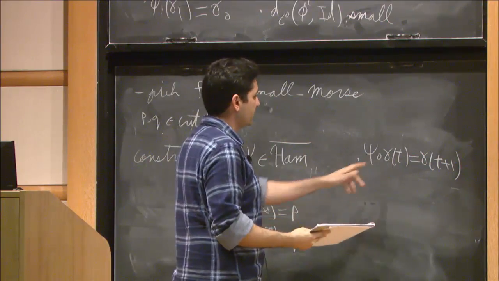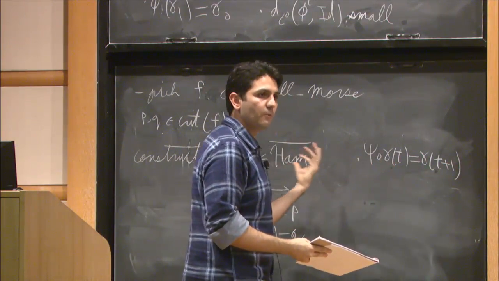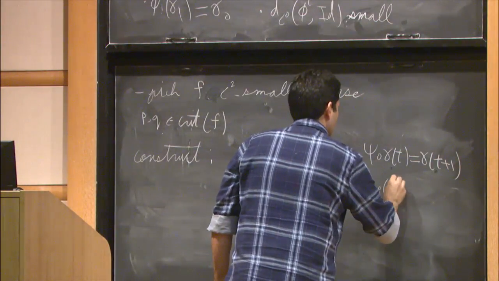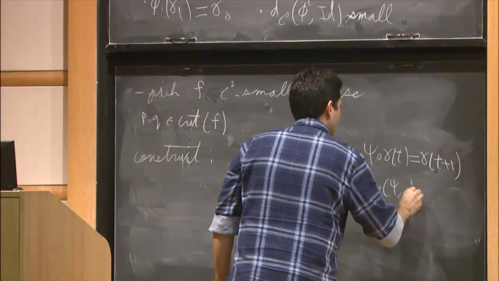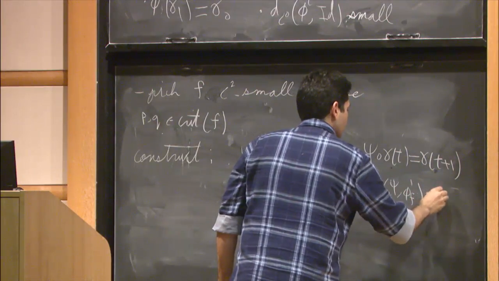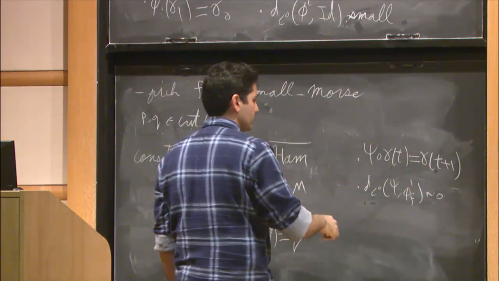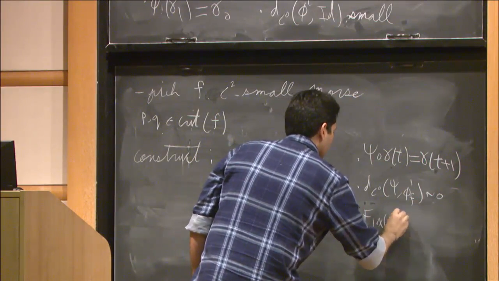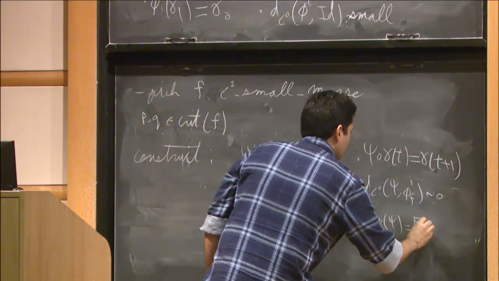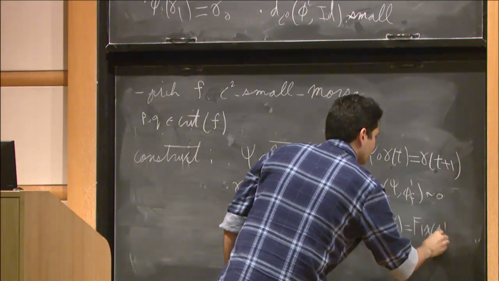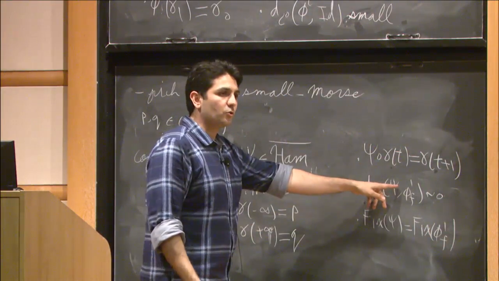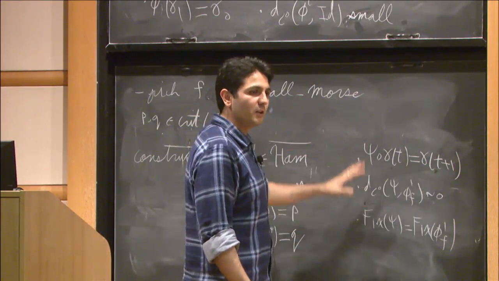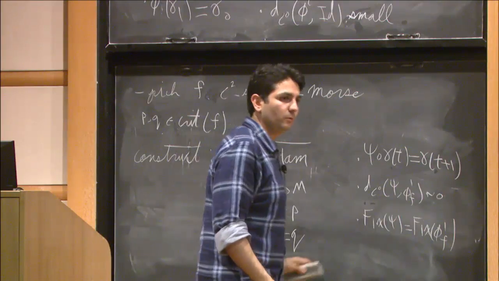It says psi at gamma of t is gamma t plus 1. So gamma is an invariant curve for psi, and furthermore, psi will be C0 close to phi 1f. So the distance between the two in C0 is small, and fixed points of psi. In doing so, I will create no new fixed points. Of course, the reason I need this C0 control is that I want to make a small enough perturbation so that I don't create any fixed points while I create this gamma. Because if I create new fixed points, then I'm in trouble.